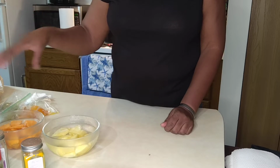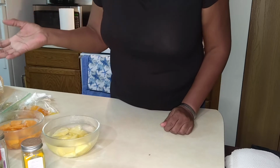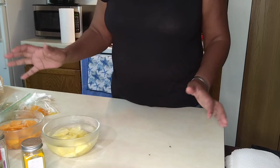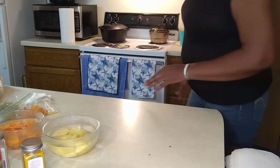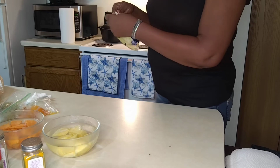Leave them on low, and they can cook for an hour. You can leave them in for an hour. Put your peppers in, and then after that, you're going to want to cook your instant potatoes. Put your water on the stove, and then you're going to want to drop, if you're doing instant potatoes,